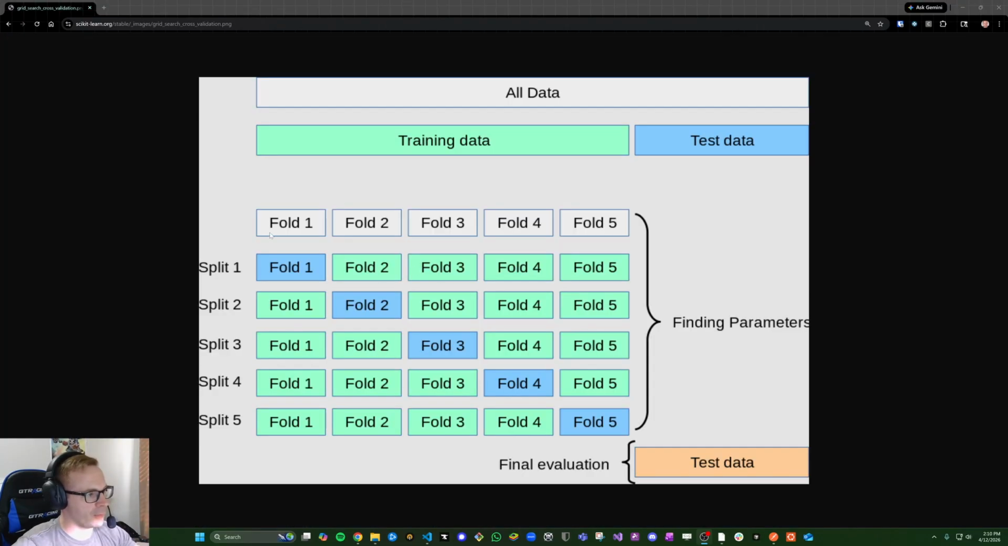Before we get into the actual code, it's useful to talk about the CV part of GridSearchCV. CV stands for cross-validation. Remember that we have a train test split function, and that's basically segmenting off the data. So it's saying 25% is going to be for testing and 75% is for training. Well, cross-validation is basically going to further subdivide those